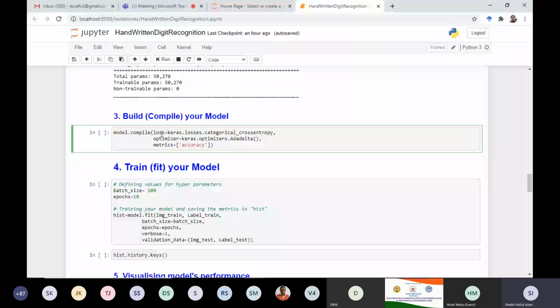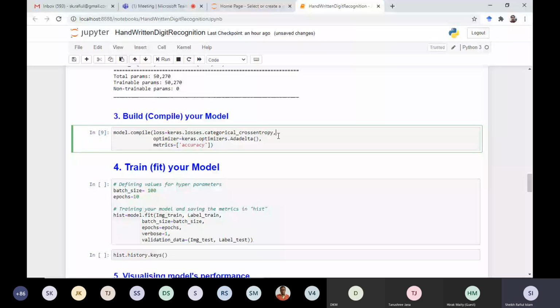Here, what optimizer will be used during training will be defined, and even what metrics you want to track during training, you need to define here. That is accuracy. As this is a classification problem, we'll try to track the accuracy during training.